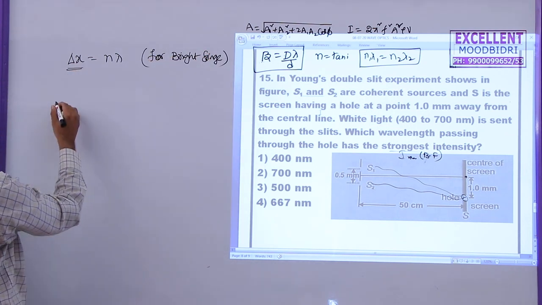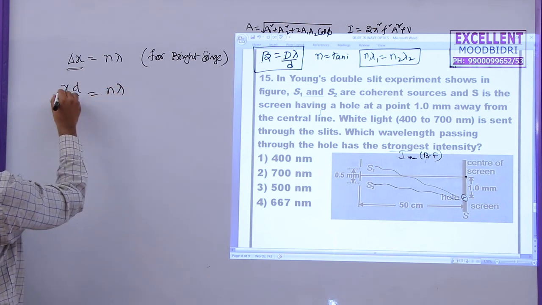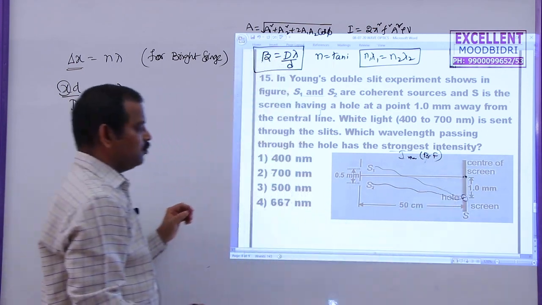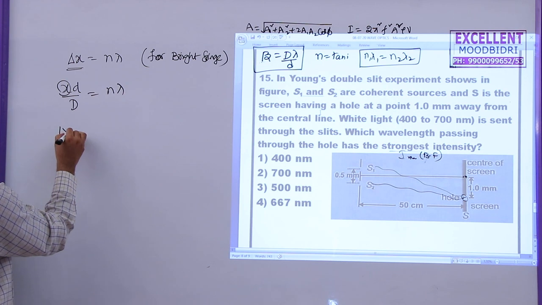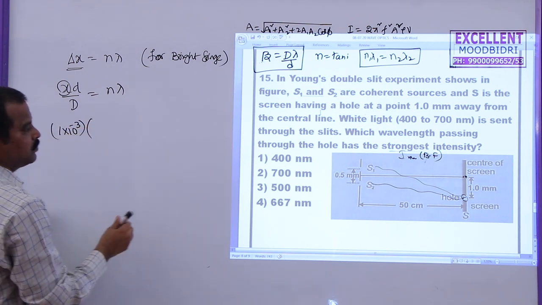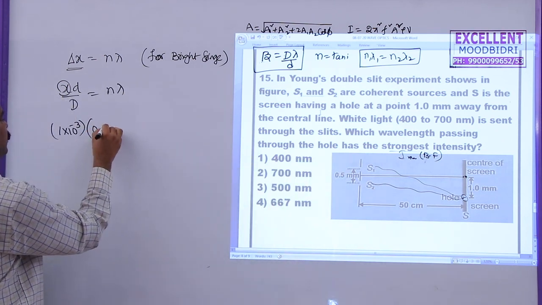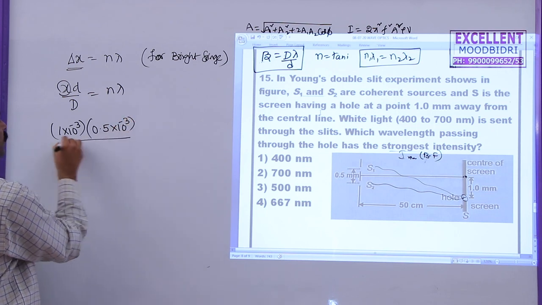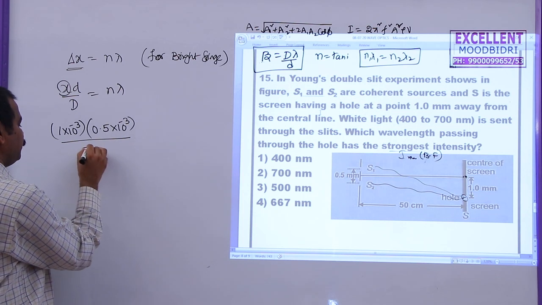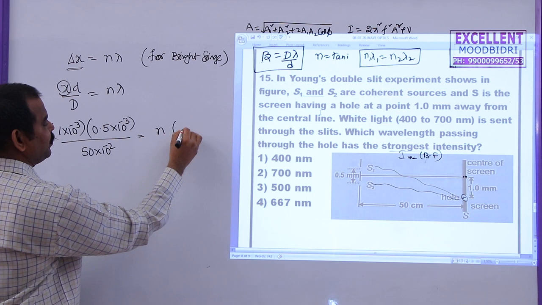So what is delta x? That is x small d by capital D is equal to n lambda. What is x? Distance of this hole from this center, which is given by 1 millimeter. Small d in this problem is given as 0.5 millimeter, and capital D is 50 centimeter. This can be written as 50 into 10 power minus 2, which is equal to n into lambda, that we